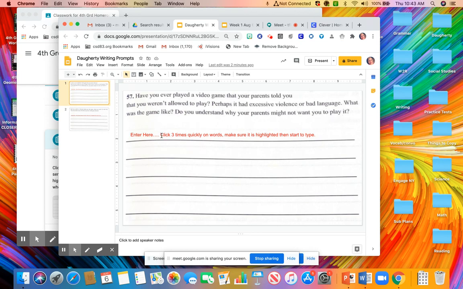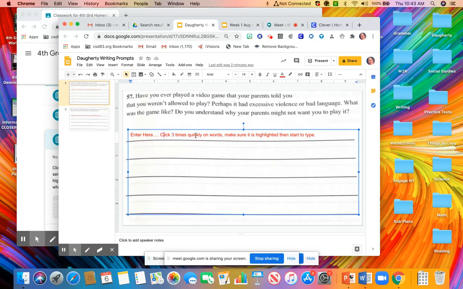And then here's the note where I said how to click it 3 times so that it highlights. So I'm going to click on any one of these red words 3 times quickly using my mouse, and it highlights the whole thing. Okay? If I don't click on it 3 times quickly and I only do it twice, it only highlights the one word. But I want to get rid of all of this. So I'm going to click, oops. Okay. So make sure it's highlighted, and then you could either hit delete so that you can start writing your own words,